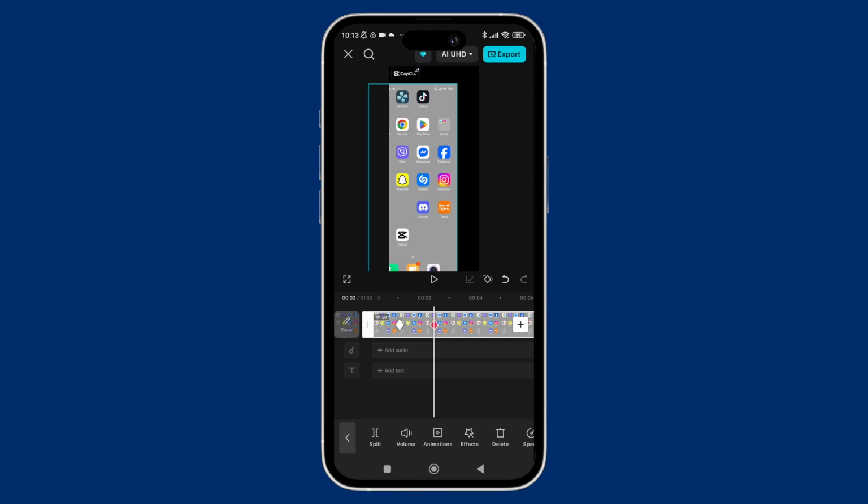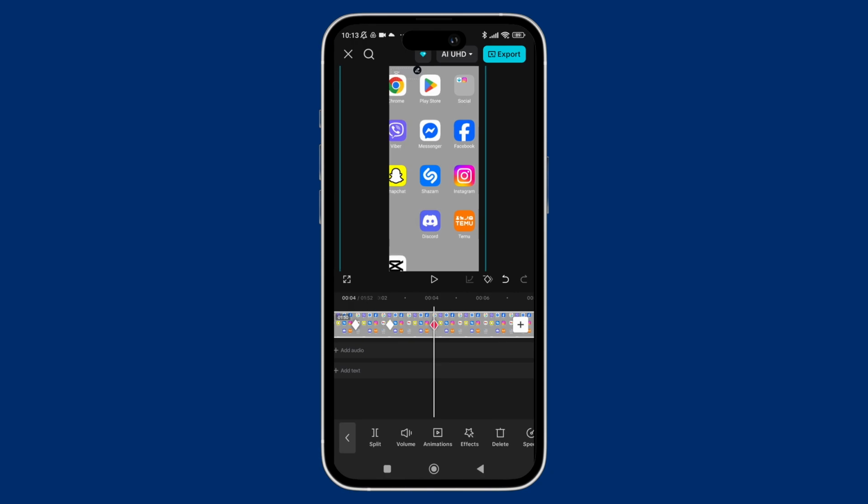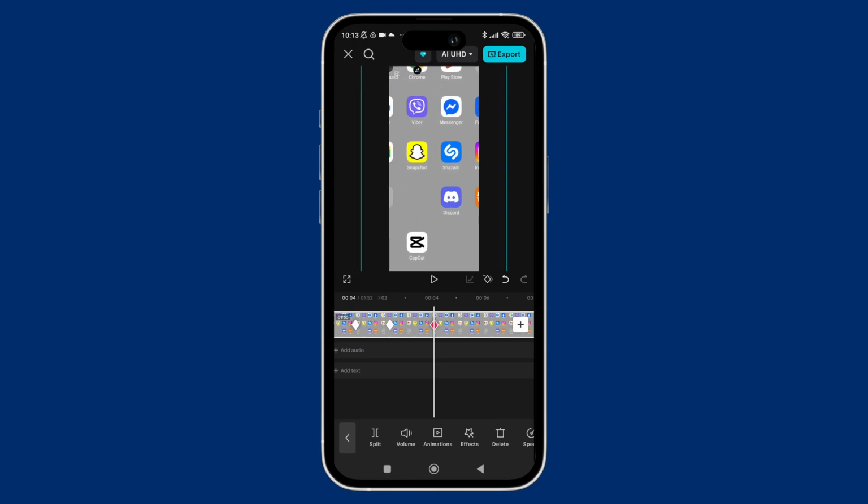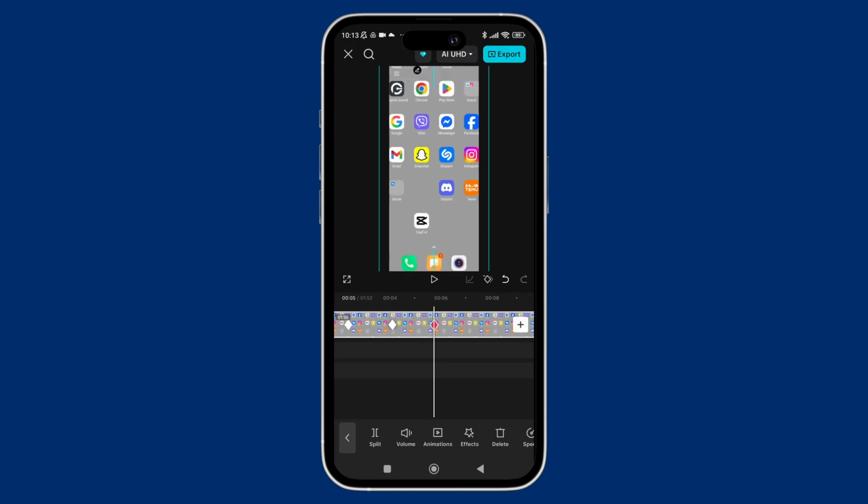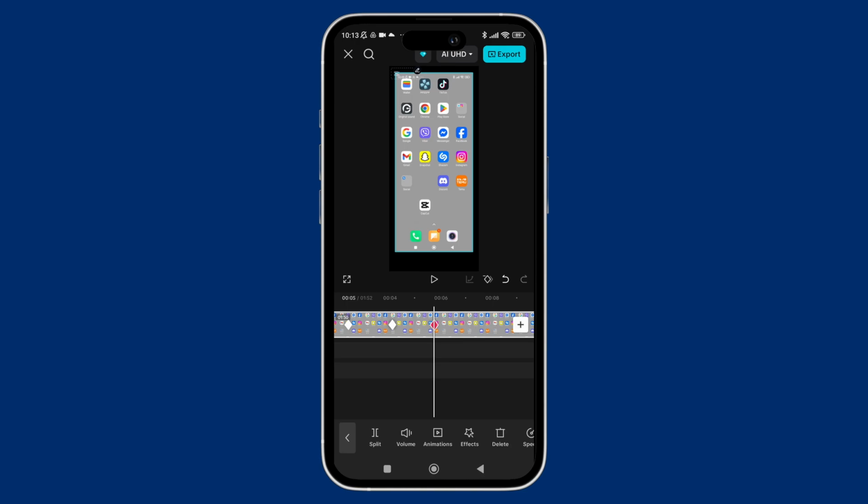Now here with that, you can move the playhead forward a few seconds, and there you can again add a keyframe, and there you can also change the position, scale and angle as well. And CapCut will automatically create a second keyframe in there. Now there you can just go and change it as much as you like, and CapCut will keep on adding